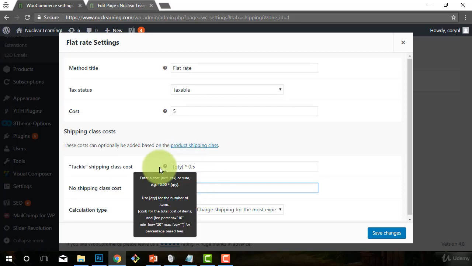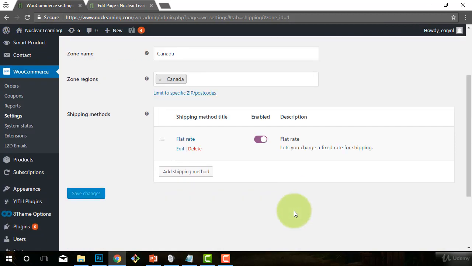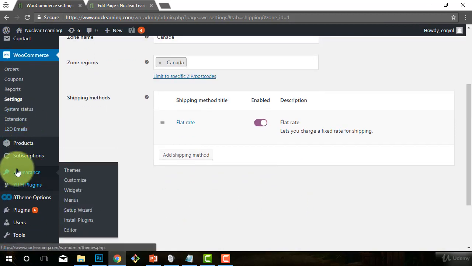here, basically this can be the way they did it. If I had done cost times 3, that would have been sort of 300% of the item. So I'm glad I did that as quantity times 3. So that would just give me $3 for every product. So that's good. So when we get to that section, actually what they did is they went down here, and